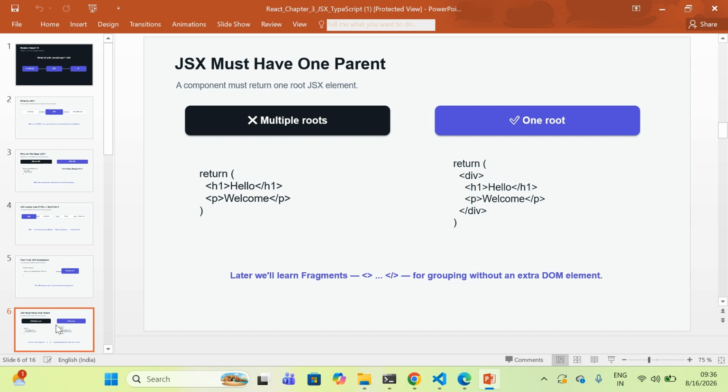So now let's look at our first JSX rule. Suppose I want to return two elements, an h1 and a paragraph. It might be tempting to write them side by side, but JSX requires a single root element for the return structure. So let me show you the code.